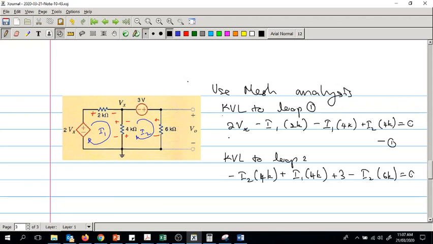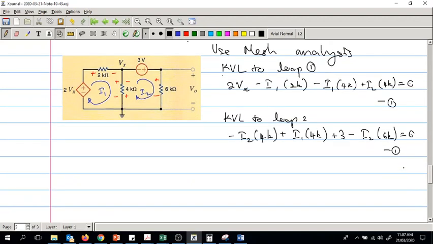Now here, what is Vx? This is equation number 1. Sorry, equation number 2, right? What is Vx? Vx in this case is plus I1 4k minus I2 4k. Oh yes. Now equation number 1